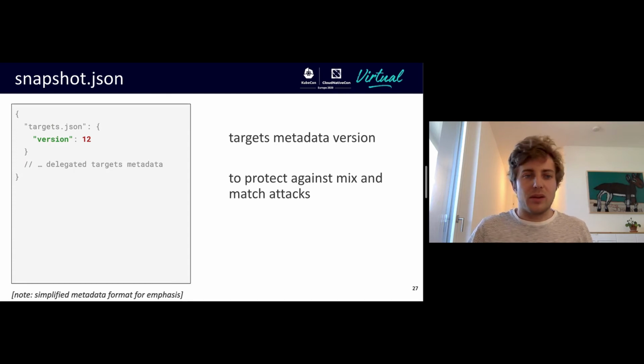In this example, we only have one targets metadata file listed here, but in the real world, there are often more targets metadata files to encode complex trust delegations, which are a bit out of scope for this talk. But with all these targets metadata files listed, an attacker won't be able to serve an inconsistent state, even with maybe benign different versions of packages that together break the client. So that's a mix and match attack.